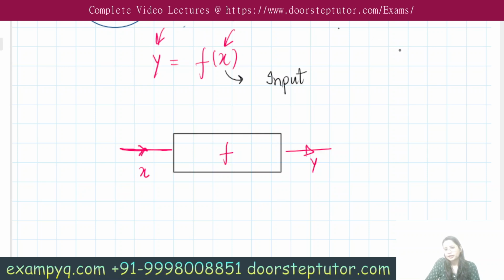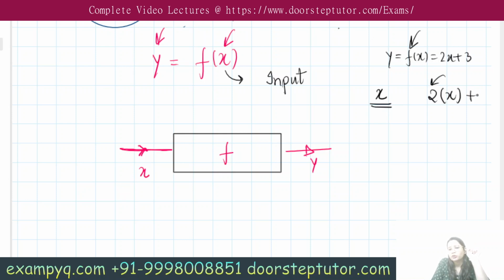The analogy of a function with a machine can be easily understood by taking an example. Let's say my function is f of x equals 2x plus 3. It's a linear function, x's power is 1. We have already covered what polynomials are. So basically this is now your function, and you can think of it as a machine. Now what is the purpose of this particular machine? Like the juicer's purpose was to convert your fruits into juice, here the purpose of this machine is that whatever you give it as an input x, it multiplies that input by 2 and then adds 3 to it to give out some output.